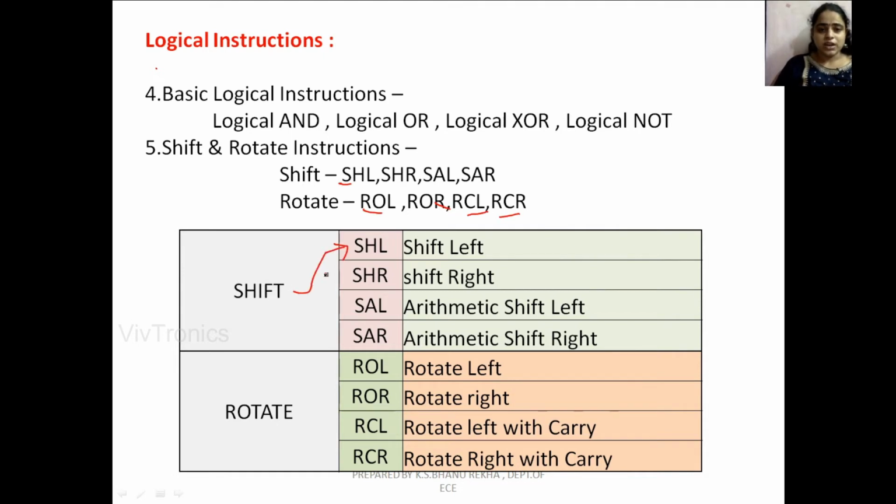In shift there are four instructions: SHL stands for shift left, SHR for shift right, SAL for shift arithmetic left, and SAR for shift arithmetic right. In rotate instructions, ROL is rotate left, ROR is rotate right, RCL is rotate left with carry, and RCR is rotate right with carry. These are the basic shift and rotate instructions of 8086.